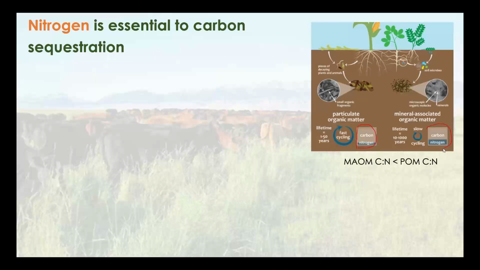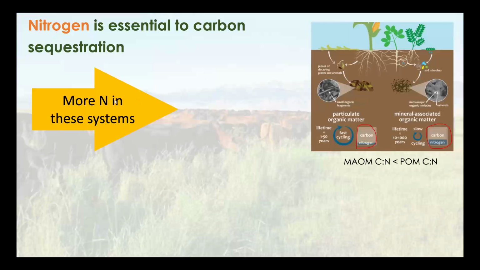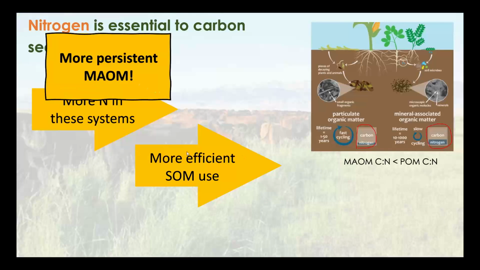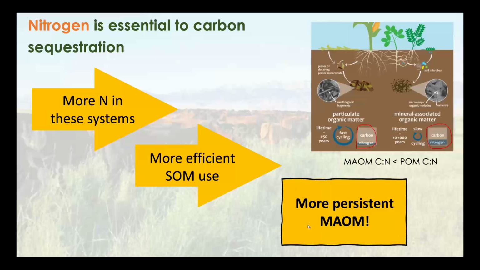MOM, on the other hand, is the fraction of the organic matter where there's more nitrogen, a greater concentration of nitrogen than what there is in the POM. And that's an indication of the fact that nitrogen is needed in order to sequester carbon in this form. And again, that MOM form is the savings account. So when there's more N in the system, within reason, you have more efficient soil organic matter use, and this leads to more persistent MOM, or protected